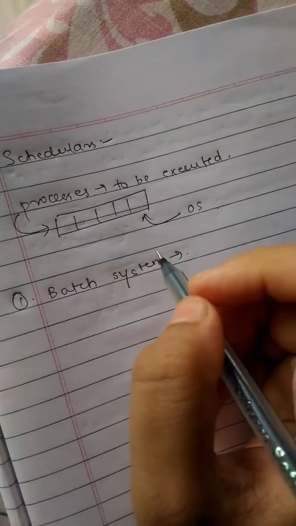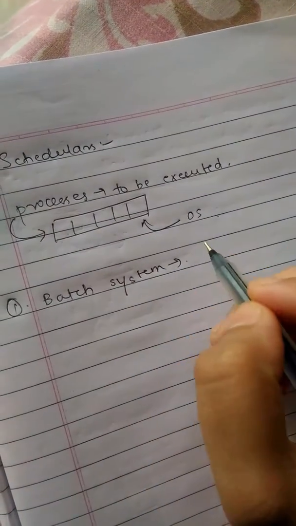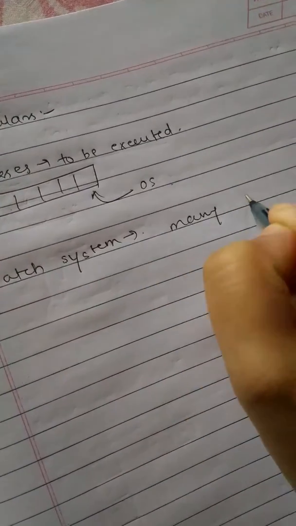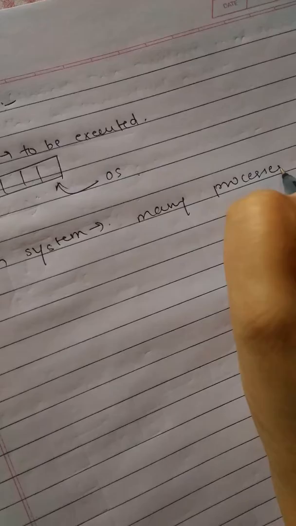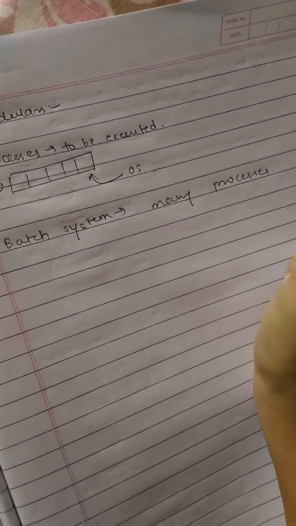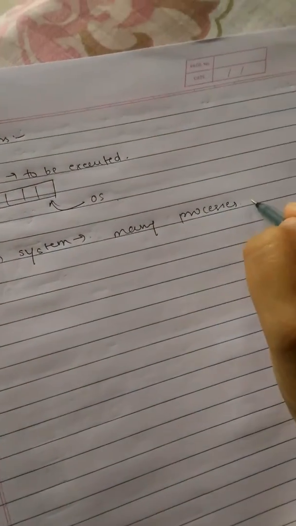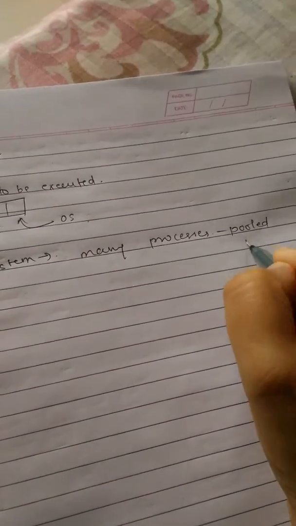In a batch system, many processes are submitted to the operating system, but most of the time they cannot be executed simultaneously. So these processes are pooled together and put up in the mass storage, a mass storage device basically called a disk. Put into disk